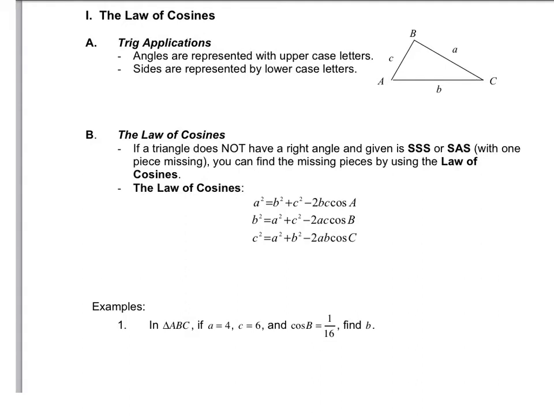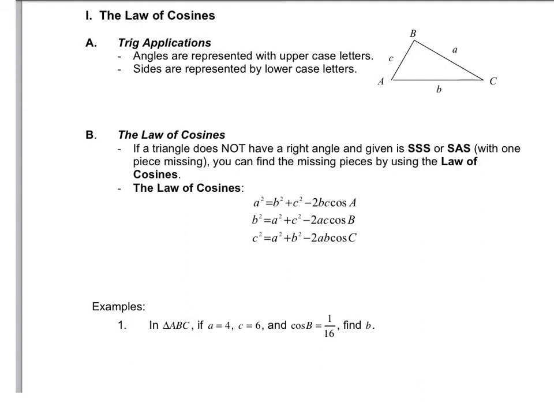Just a little refresher on angles and sides of triangles. Remember that the angles are represented by uppercase letters and the sides are represented by lowercase letters. You can always find the side opposite its angle and the angle opposite its side. First thing we're going to talk about is called law of cosines. With law of cosines, if a triangle does not have a right angle and given is side, side, side, or side, angle, side,